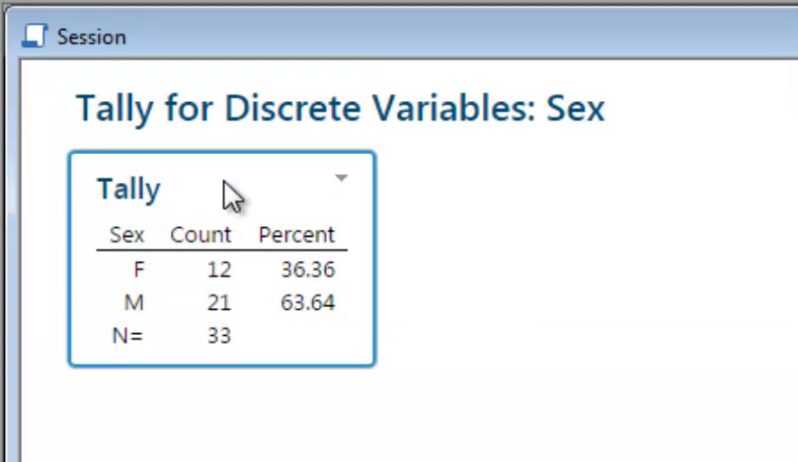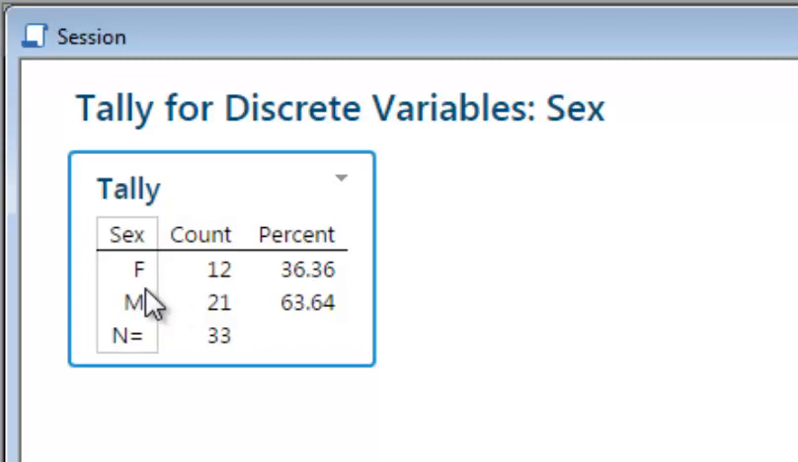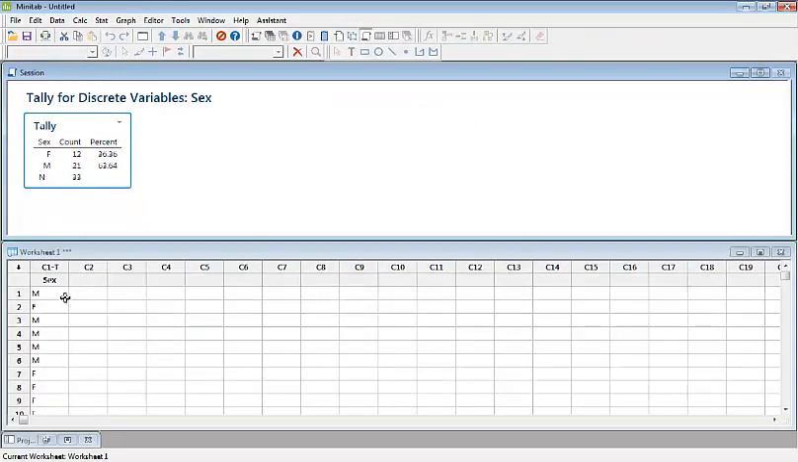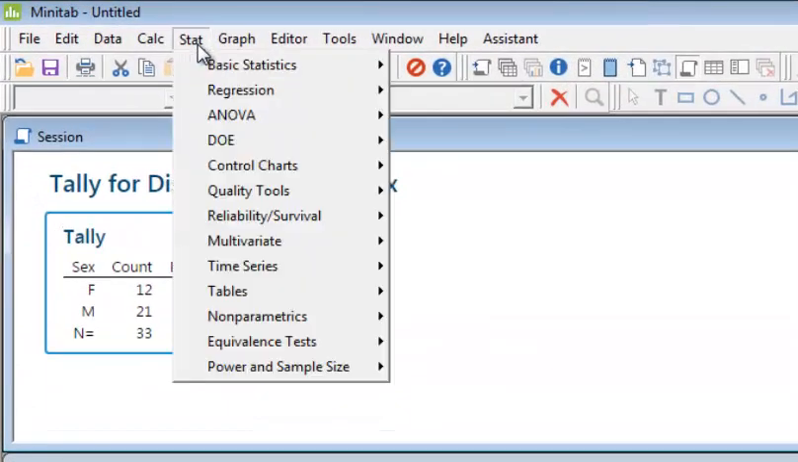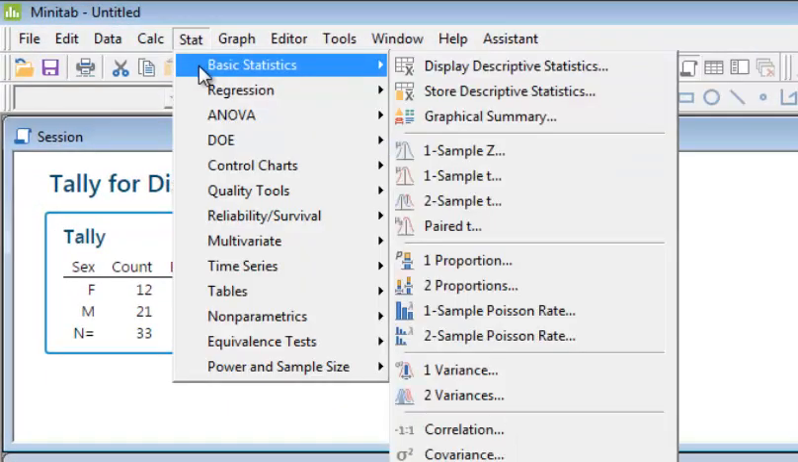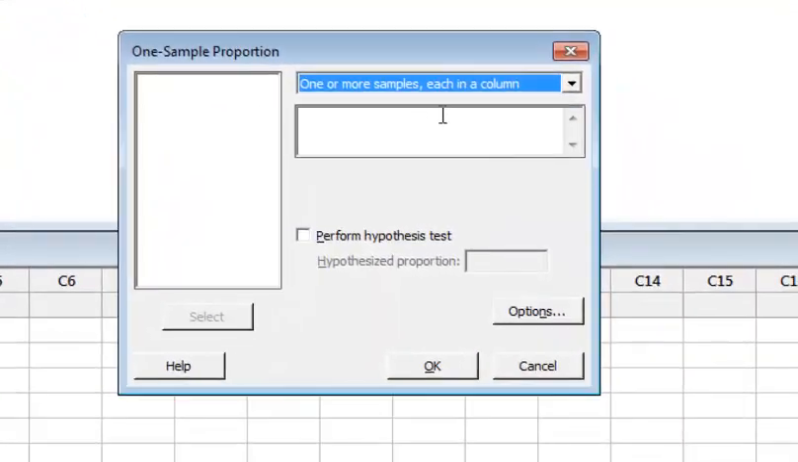Here we go, the summary statistics of the qualitative variable, which I have already shown you in previous screens. There are 12 females and 21 males in our data set, along with their percentages. 36.36% of individuals in our sample are females. Okay, we need to conduct a hypothesis test. Here we go, Stat, and inside Basic Statistics there is the option of 1 Proportion test. So when you click this